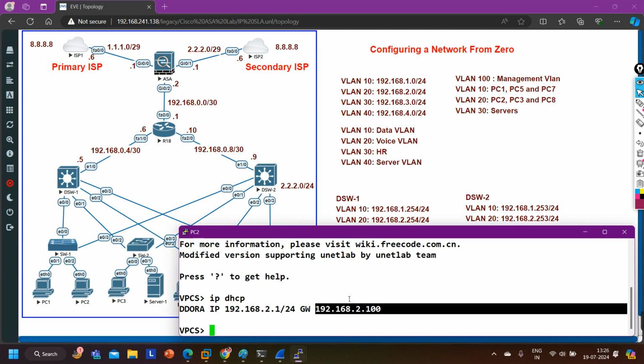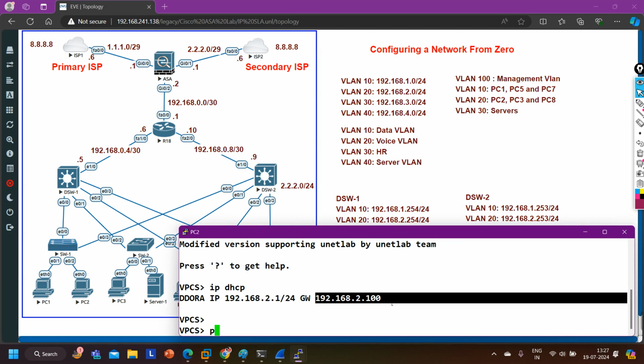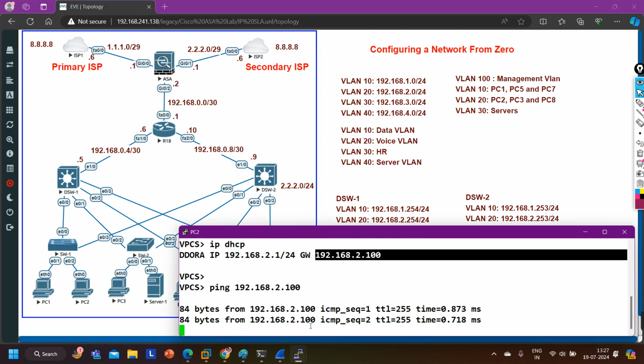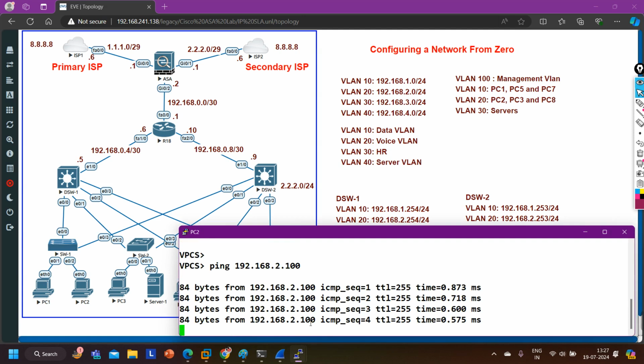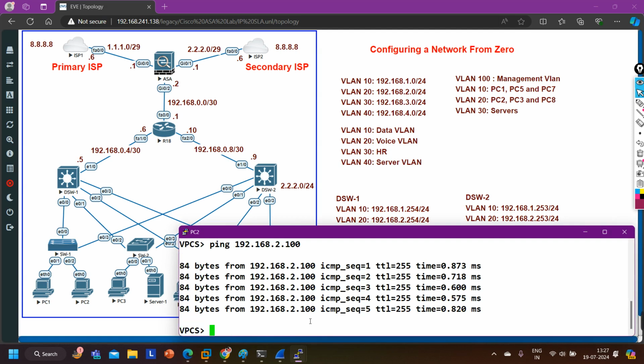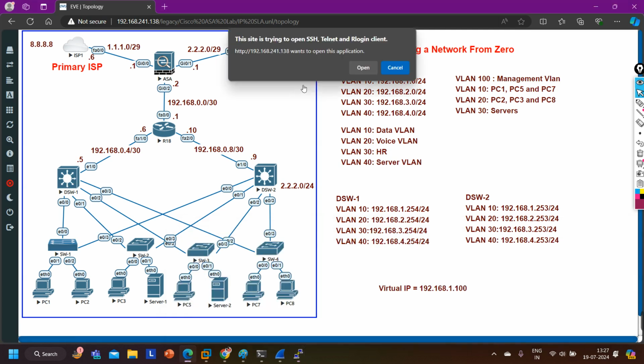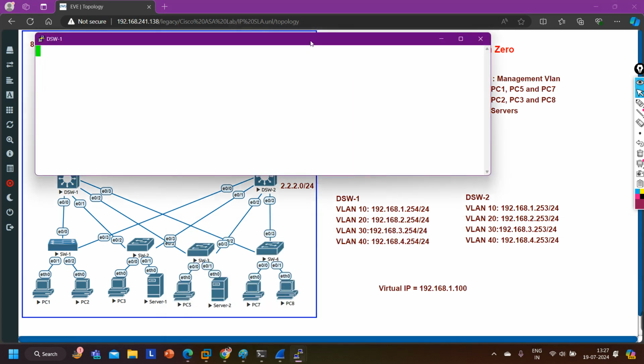So VLAN 20 users will get this IP address as the default gateway, and let me ping their default gateway, 192.168.2.100. So you can see VLAN 20 users are also able to ping their gateway, right? And guys, for VLAN 10 and 20, distribution layer switch 1 is the gateway, the active switch in HSRP. If you want to verify it, simply access distribution layer switch 1, and here